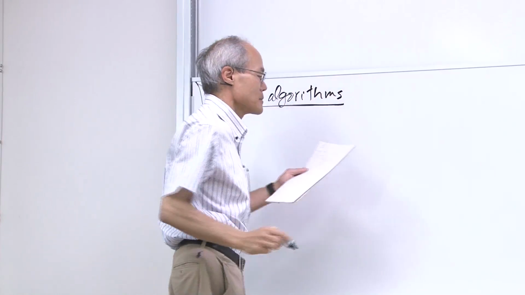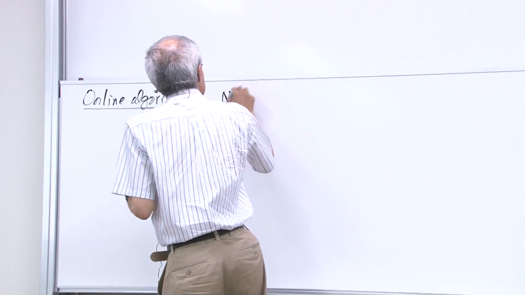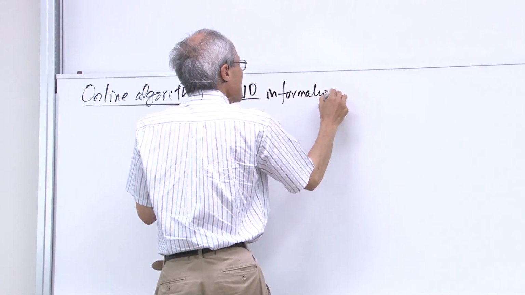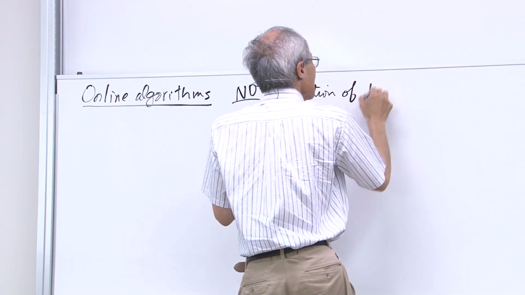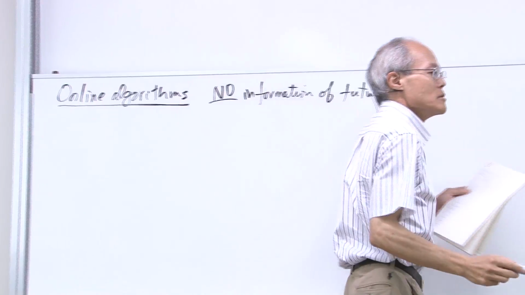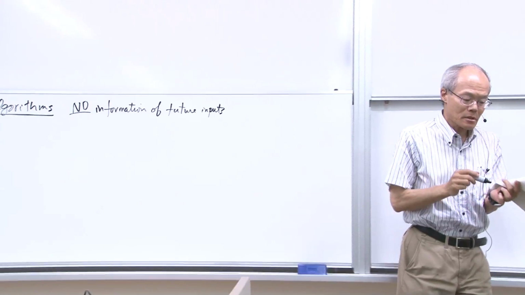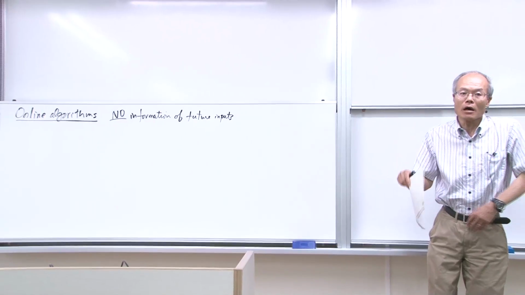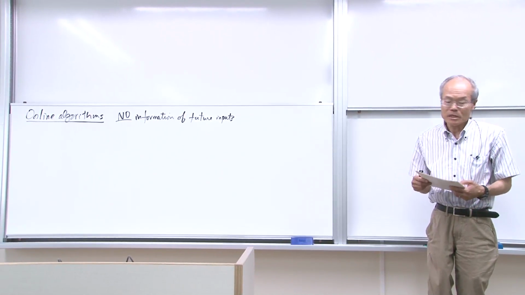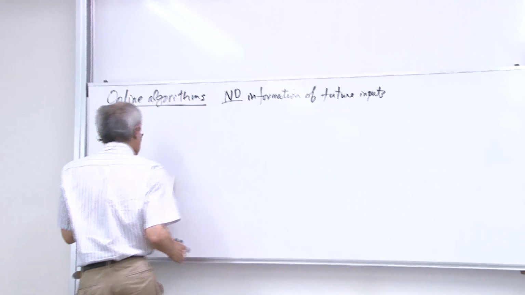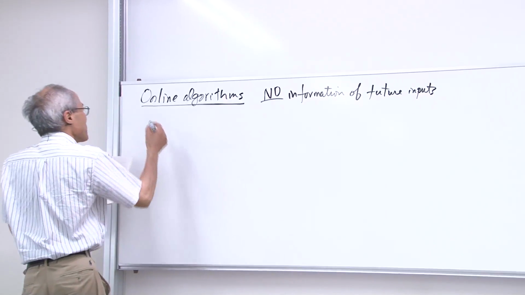Online algorithms. The idea is simple. You have no information about future inputs, but you still have to make your decision right now about your action. That is the idea of online algorithms. You already studied one important example, that is